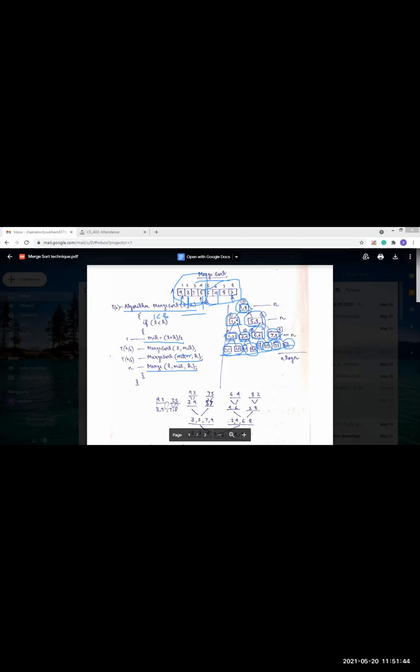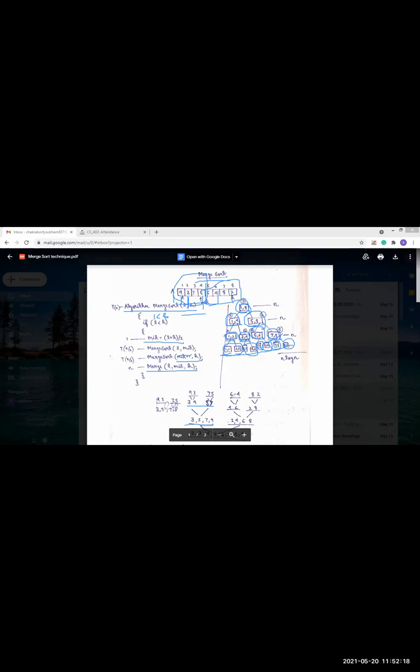First, we have divided the problem. If we see it with the example, there are these 8 elements present first. This merging will be done: 9 and 3 will become 3 and 9. After that, 7 and 5 will be merged and become 5 and 7. After that, these two will be merged and it will become 3, 5, 7, 9. So this is our third merging.